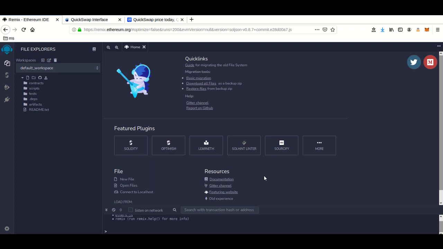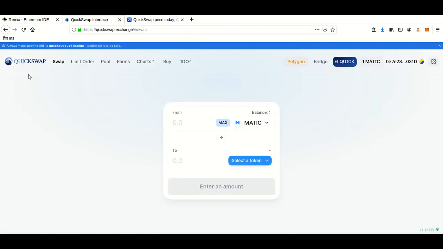Hello, fellow YouTubers. Today I would like to show you how to flash loan PancakeSwap. To do this,